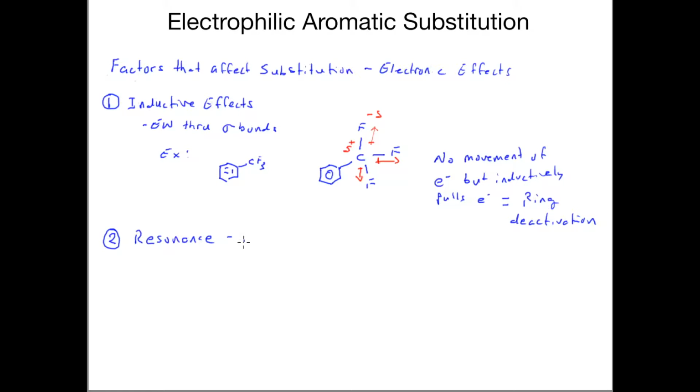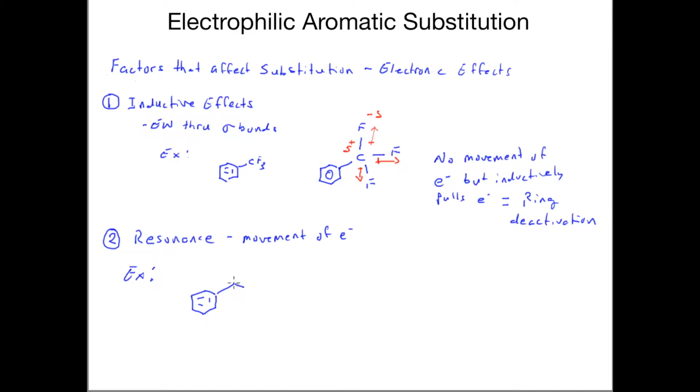The next type of effect that affects substitution, or the next electronic effect that deals with substitution, is resonance. And so this is now when we actually get into moving the electrons. Physical movement of electrons through a pi system is what we refer to as resonance. So as an example, I'll put on an electron withdrawing group here